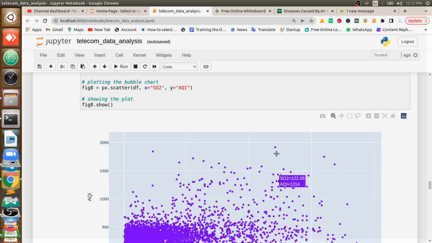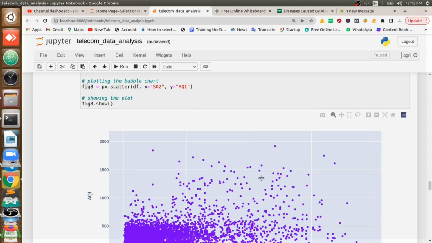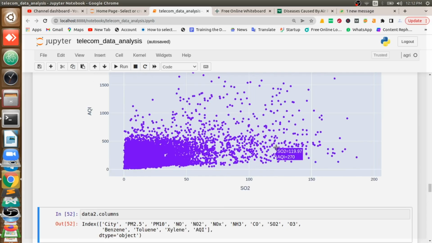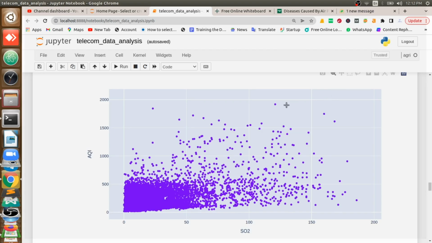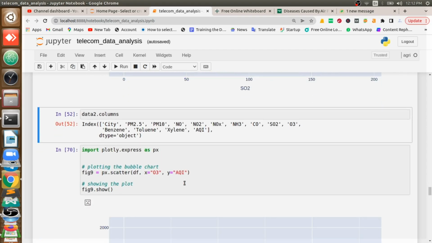So if you want to reduce the air quality index, you need to control SO2 first. Here for SO2 we can see there is not much increase, but the top dots show us that when SO2 is 120, the air quality index is 1917. That means it's affecting, so you should control this also.